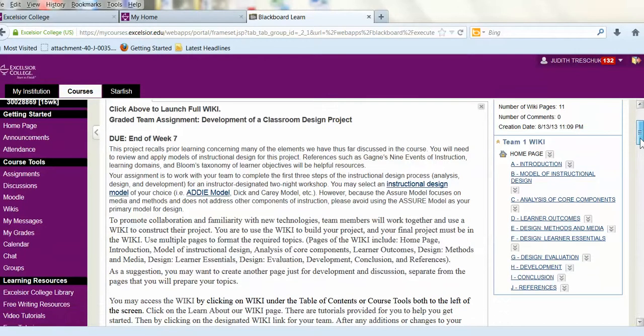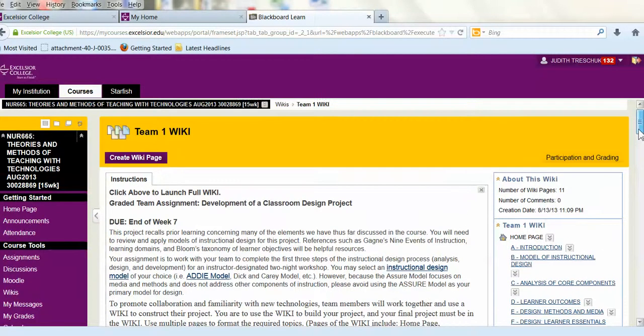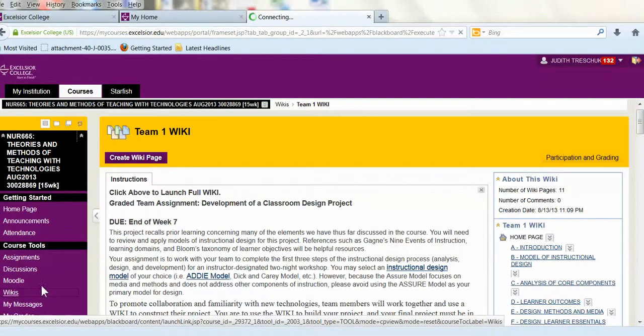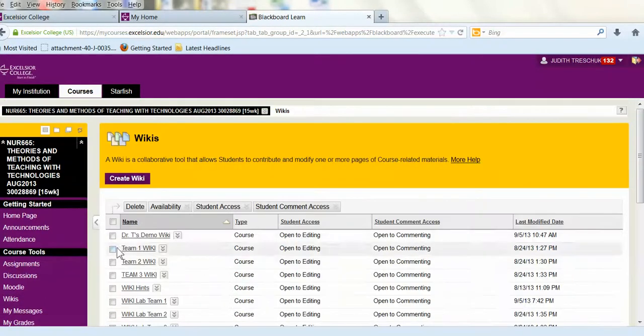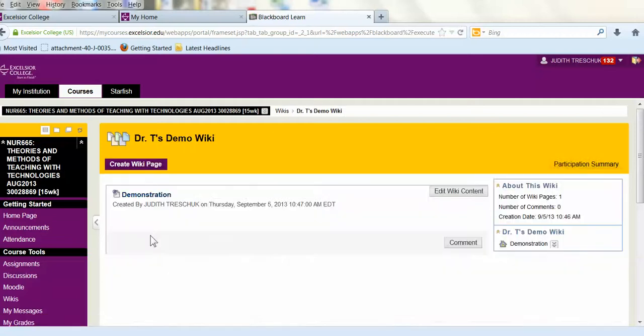You would want to address every area, and you will be using creative ideas and graphics, color, and hyperlinks and videos in your wiki. So let's go to the wiki. We'll go out to the wiki, back to my demo wiki. I'm going to go into there. When you open into the page, here's a page I created. You're going to click on Edit Wiki Content,